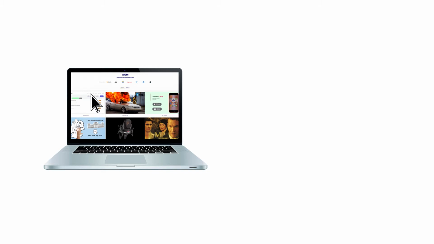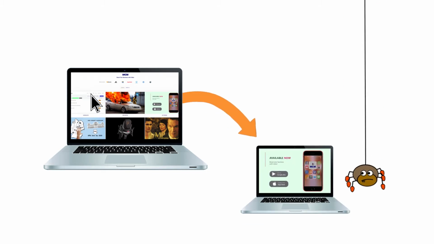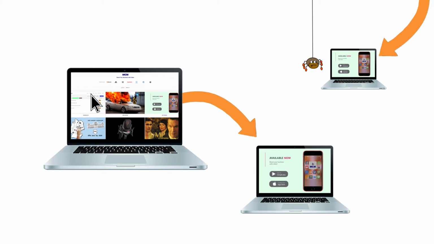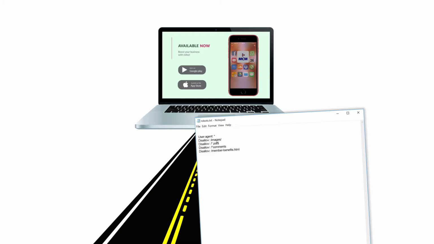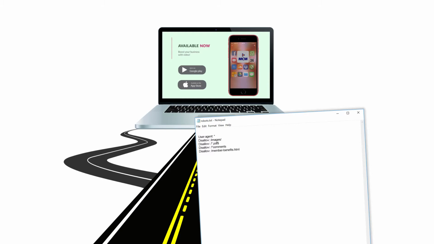All that said, just be aware that even with the disallow directive, it is possible in theory that search engines can still find and index that URL if it's linked to from other parts of your website or from other outside sources. In essence, while the robots.txt file is kind of like a stop sign coming off the highway to your house, search engines can still end up coming to your house by way of side streets. Your robots file isn't intended to remove URLs from the index. It's only to prevent search engines from crawling certain pages or folders directly. Now I'll show you how to tackle that issue specifically at the end of the video. But for now, let's get to it.